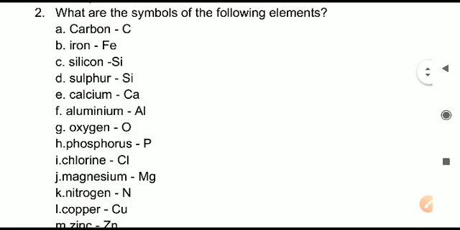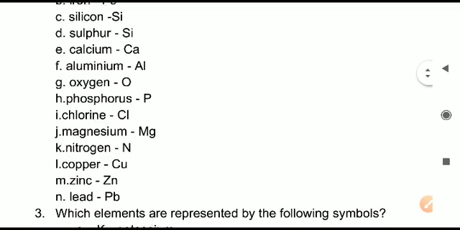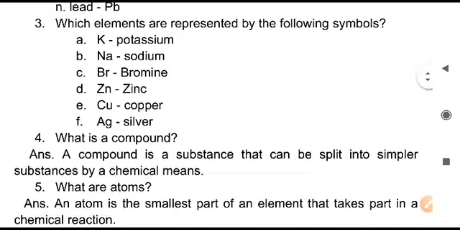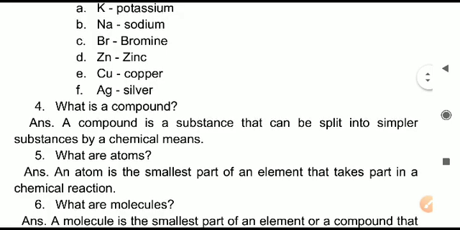Then next question will read, what are the symbols? These are the symbols only. You have to learn all of these. Not only these, a table is given in the chapter of the symbols. That table also you have to refer and learn. So I will just scroll downwards. These symbols you have to learn. Next is question number 3. Which elements are represented by the following symbols? Here, the question is asked in the opposite manner, just opposite of question 2. Symbol is given in the question. You have to identify and write the name of that element. So these also you will have to learn only, nothing to explain in this.